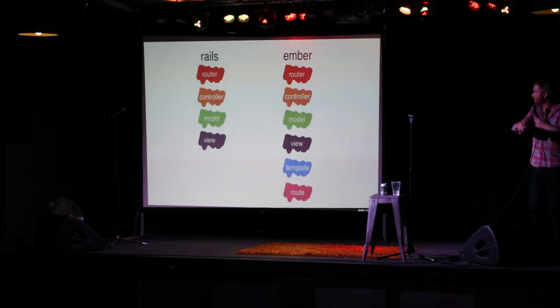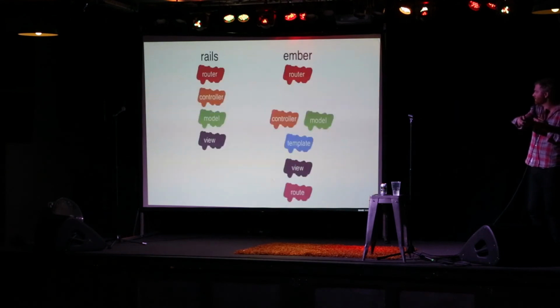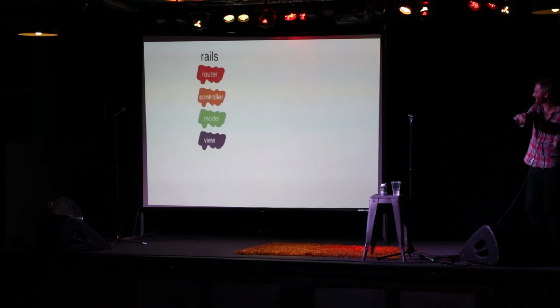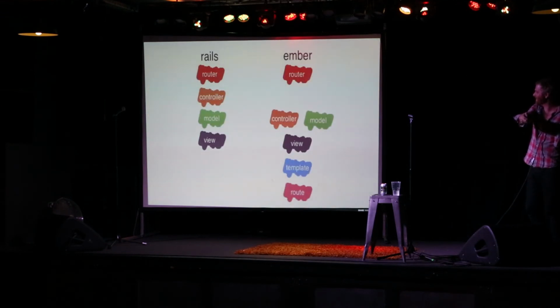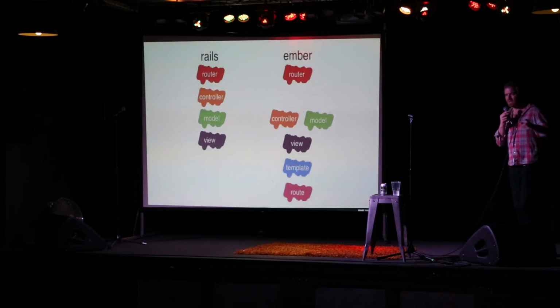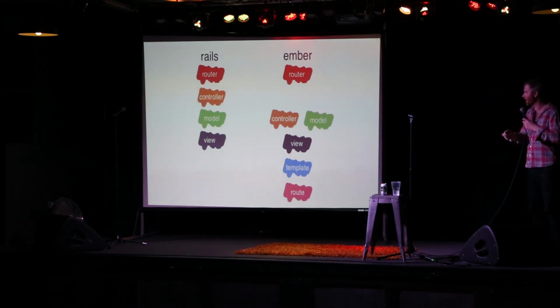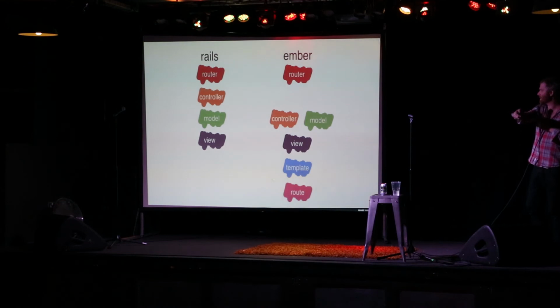Except we learned pretty quickly that a controller is not really like a controller. A controller is kind of like a view model in a way. It really decorates the model in Ember. And then,